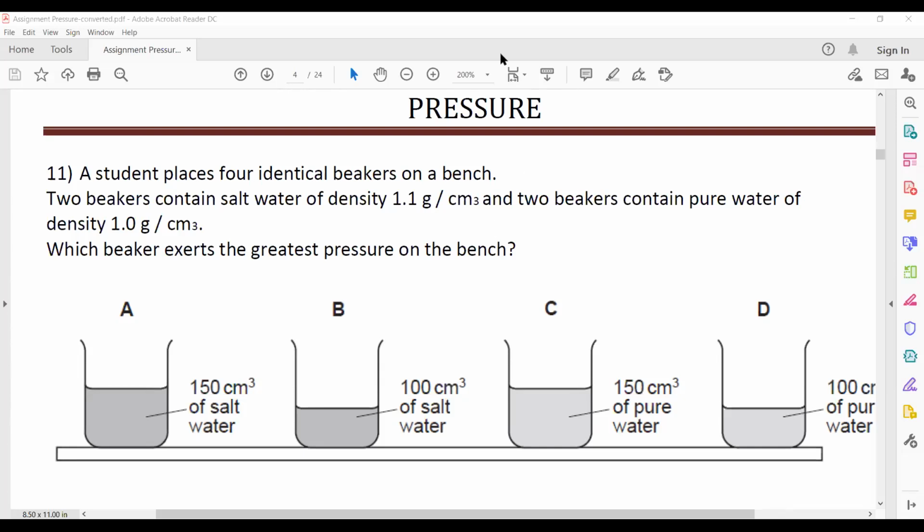So in this case, this is salt water. The density of salt water is 1.1 gram per centimeter cube. So it's having high density. So either A can be the answer or B. And then when you check the depth,